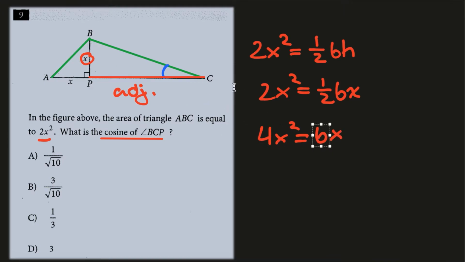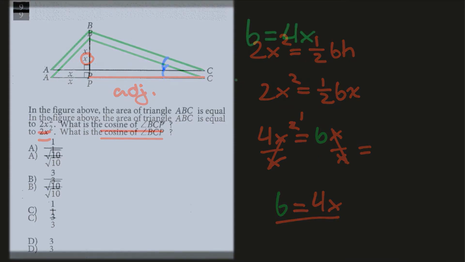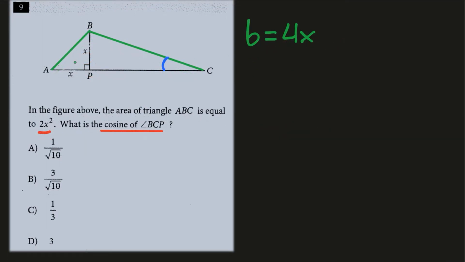And remember, we are especially concerned about the b because this will allow us to obtain our adjacent side. So, we divide by x on both sides, this cancels out here, and we're left with b equals 4x. We know that the base of the triangle is equal to 4x, meaning that line segment AC is equal to 4x. We're only concerned about line segment PC, meaning that we subtract x from 4x to obtain a length of 3x. From here, we know the base of the right triangle and the height of the right triangle, meaning